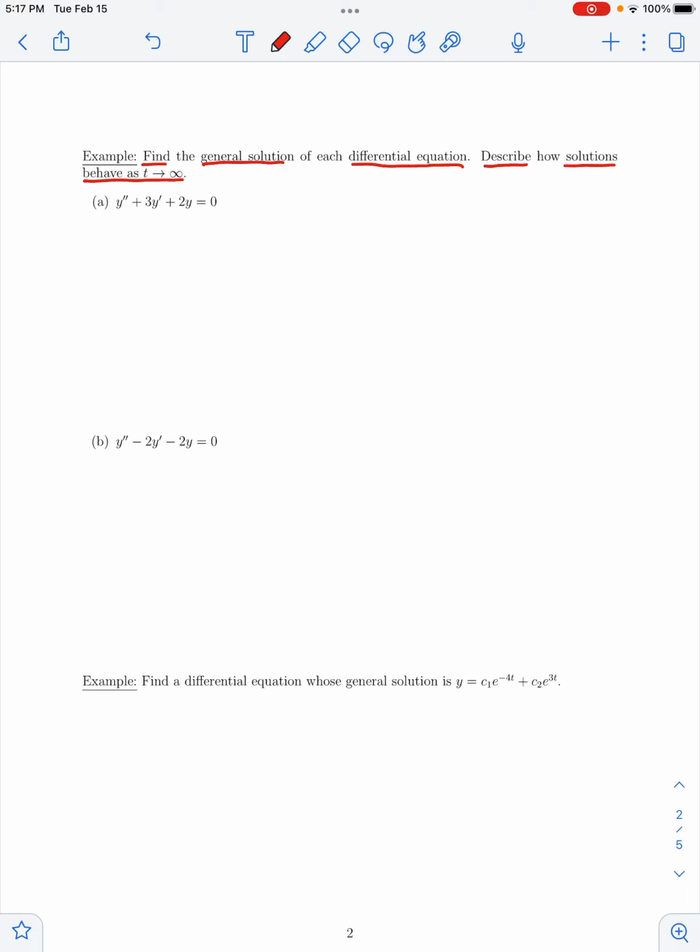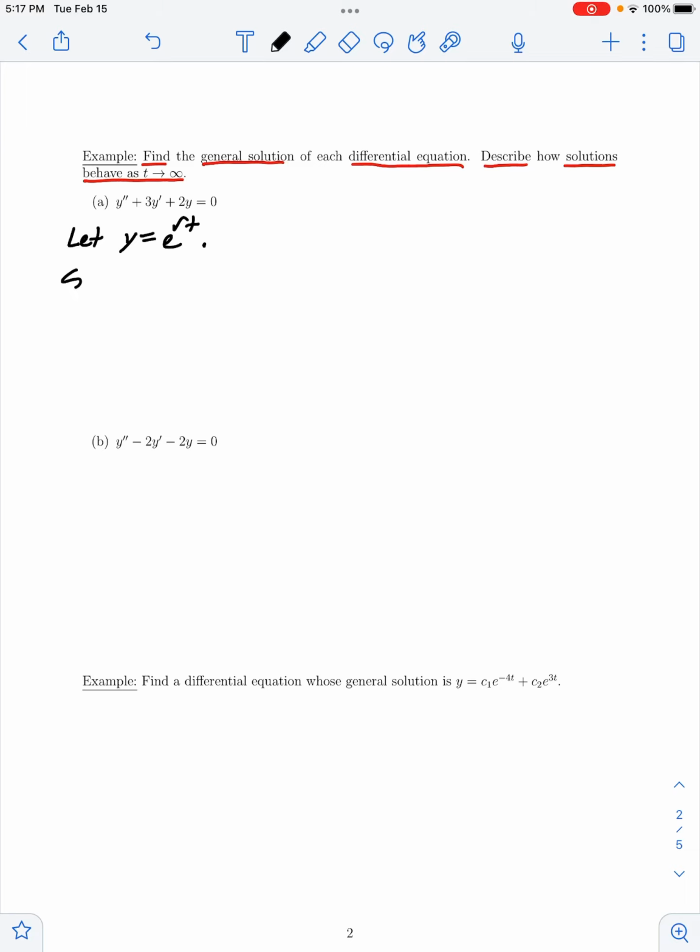So in part A, I have this second order homogeneous linear equation with constant coefficients. So I know that my method for solving this type of equation is to look for solutions of exponential form. I want to assume that y has the form e to the rt power,